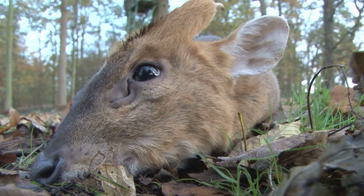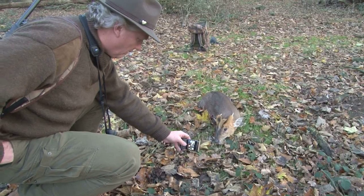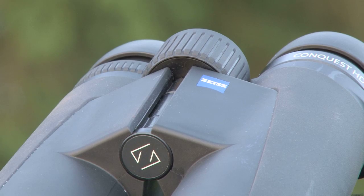So he's a good one to take? Yeah, perfect one. He wanted a nice little example of one. So he's got both his antlers, although one's a little bit broken, but both his tusks. He'd look nice on the wall as a shoulder mount. His ears are good, his cape's good. So yeah, perfect. Stefan is thinking about taxidermy, but we ask him to talk us through the new Zeiss binoculars